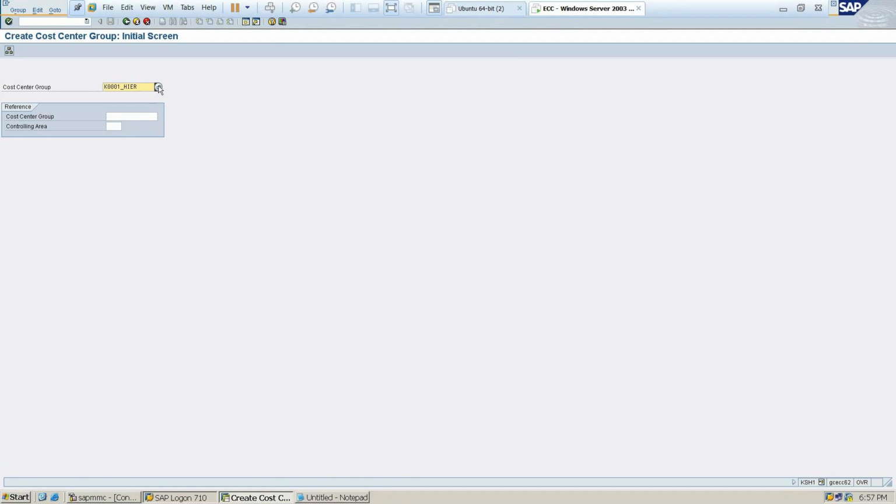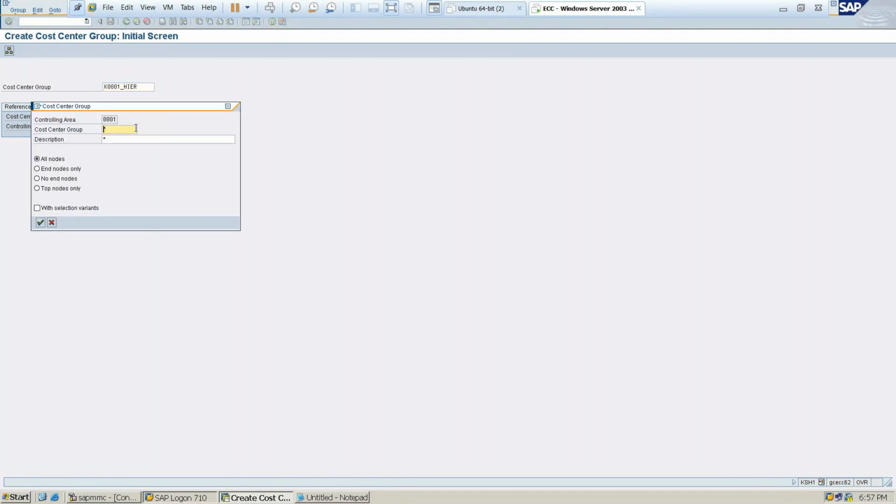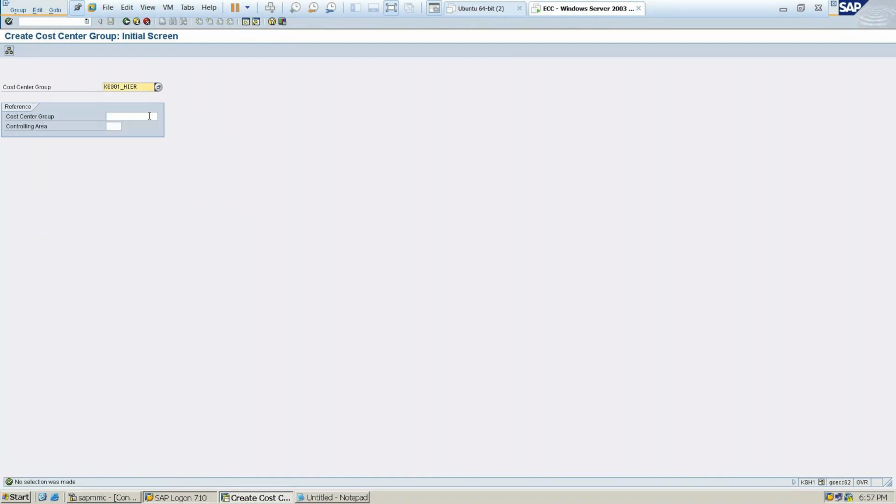If I wanted to select another group, I can select it. But if it is selecting the same, we'll continue with that itself, give the reference and press enter.